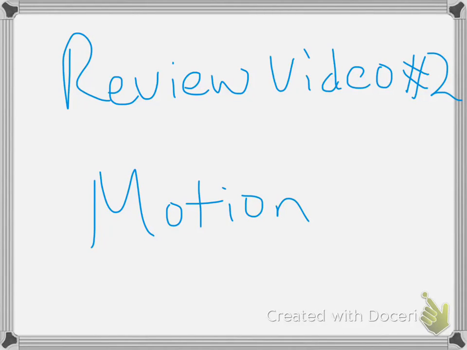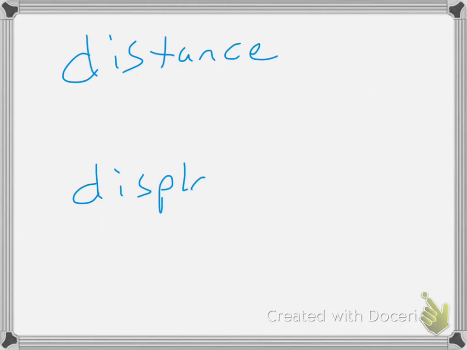Here's the second review video, all about motion. One of the first things you need to know about motion is a frame of reference. From that frame of reference, we can measure two things: distance and displacement. Often they're interchangeable, especially if we're just talking about going in one direction. But the difference is, distance is the total that an object moves, and displacement is how far it is compared